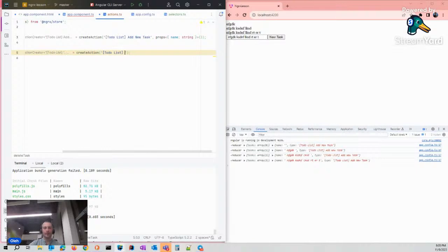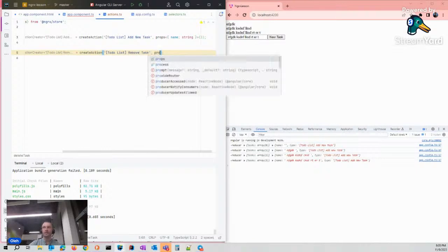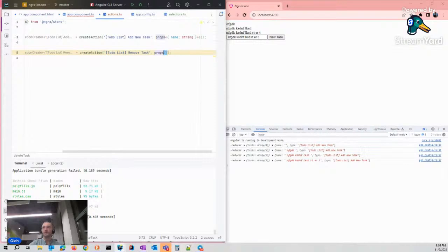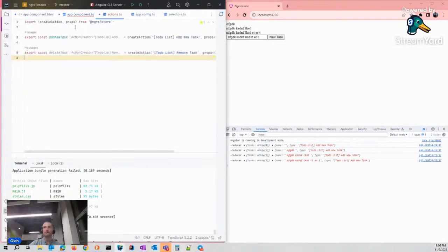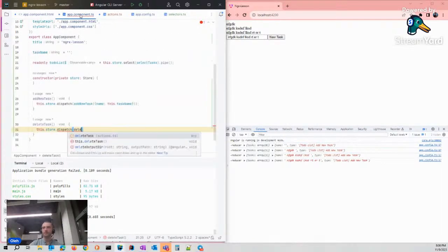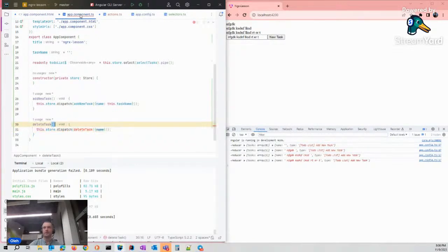Quick remove task. That's a quick solution for now. Props the same name argument. Dispatch the delete task action with name parameter.